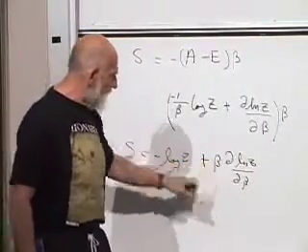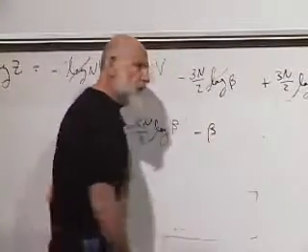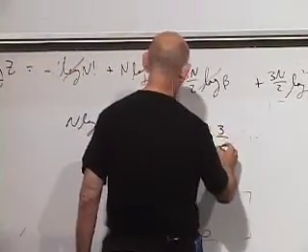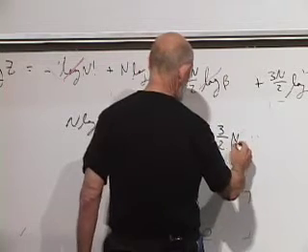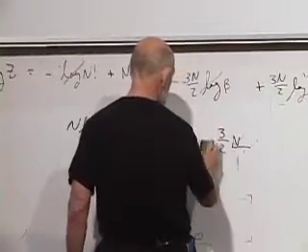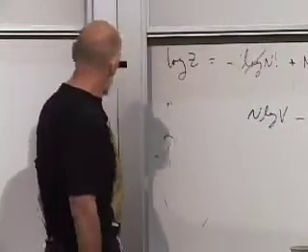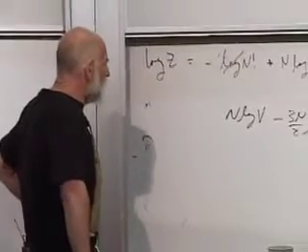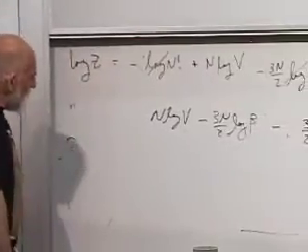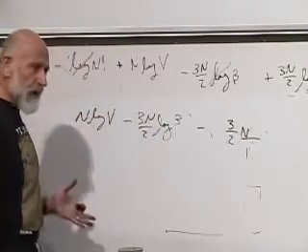D log z by d beta is minus the energy, so this is minus beta, I think it's minus beta, times the energy, and what was the energy? The energy was 3/2 n times t over beta. Sorry, the betas cancel, I think. The betas cancel? I think the betas cancel. Why did the betas cancel? Yeah, the betas cancel. So this is the entropy, and the entropy involves logarithm of beta.